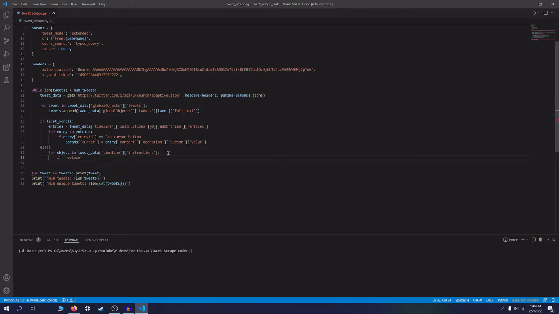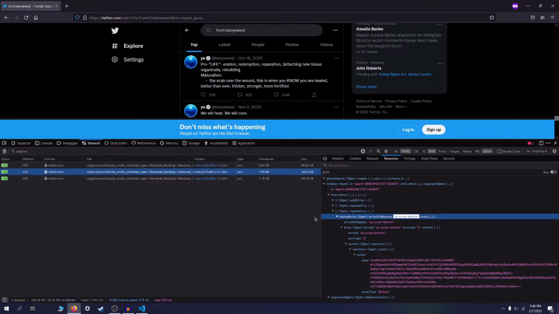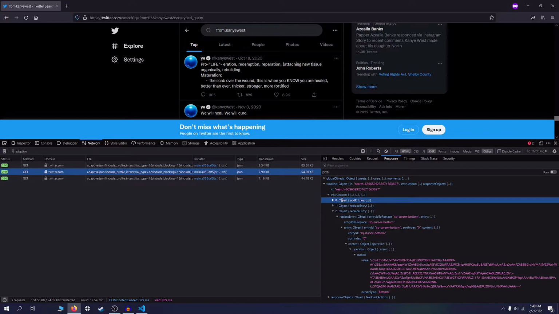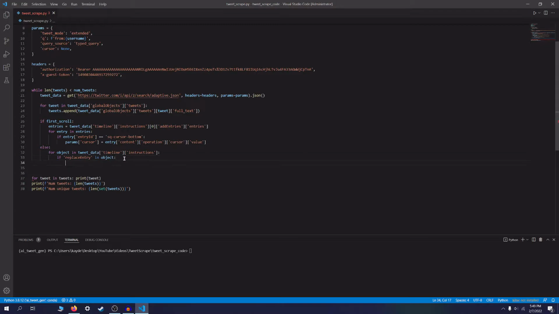If replace entry is in object, and the reason we're checking for that is because we're looking for entry ID to replace, and this one doesn't have that. If we tried to check for it on this one, it would throw an error. So we want to make sure we're not even looking at add entries. We're just looking at these two. And then we check and see, you know,